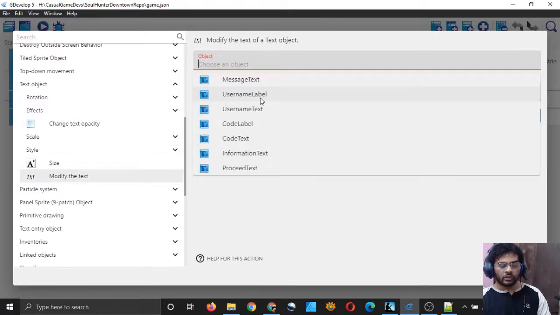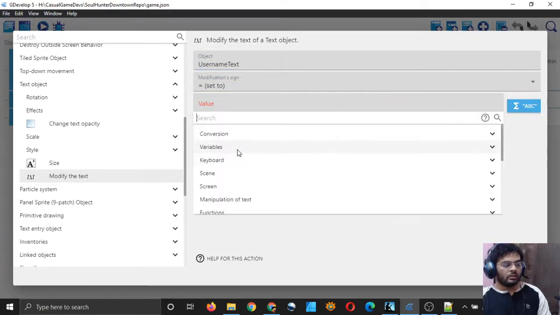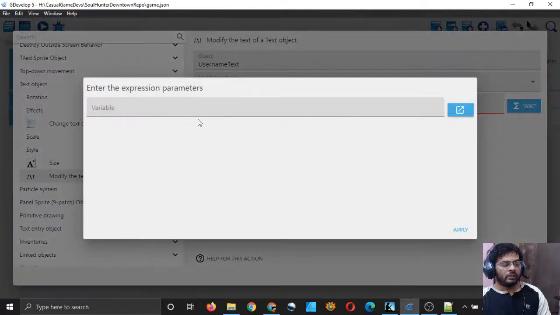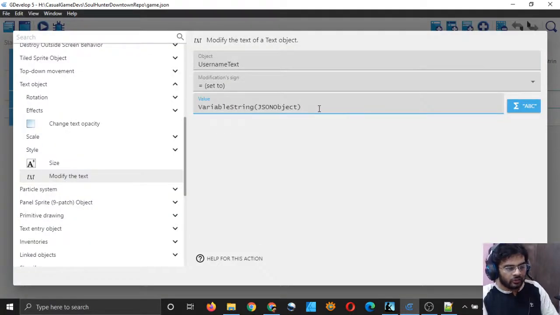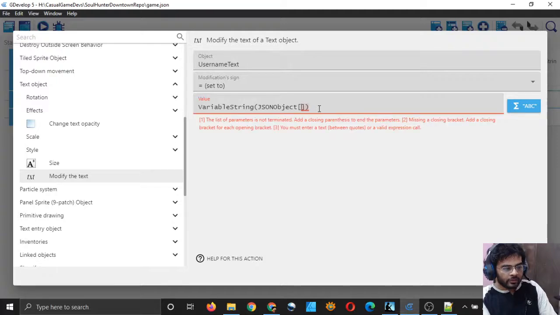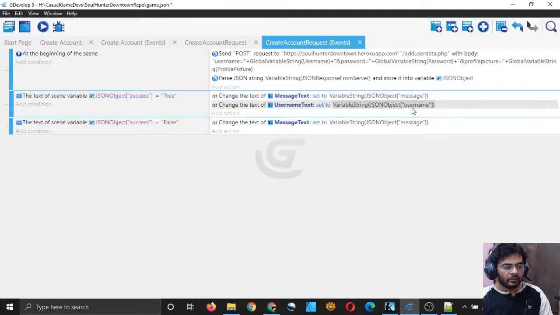The next text object in which I want to put some value is username text, and set equal to, go to ABC and go to variables, text of a scene variable, and choose JSON object and click on apply. Inside the JSON object you can open and close square bracket, open and close double quotes, and then type username simply, right? So that will display the username which we have received from the server.